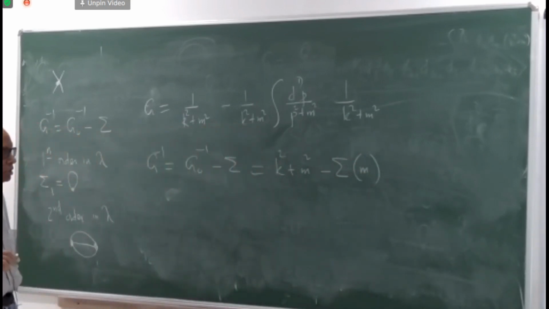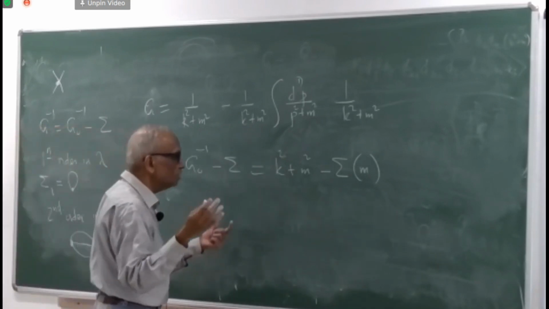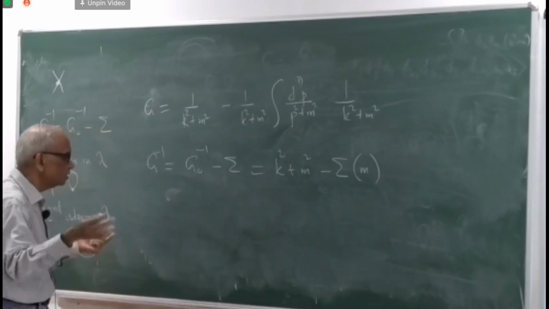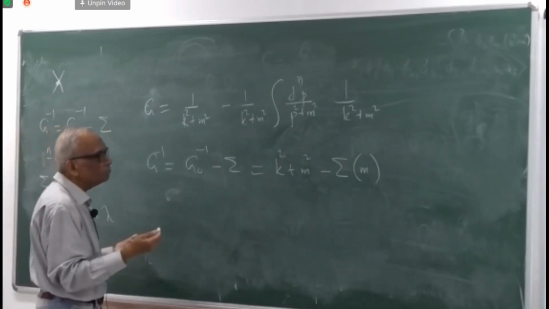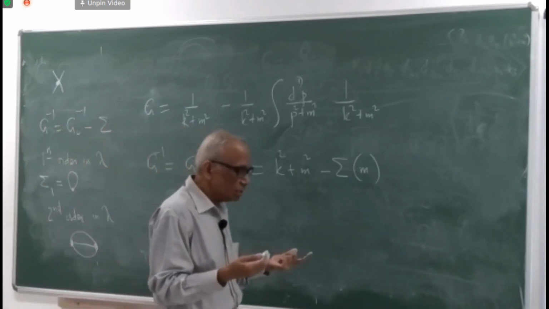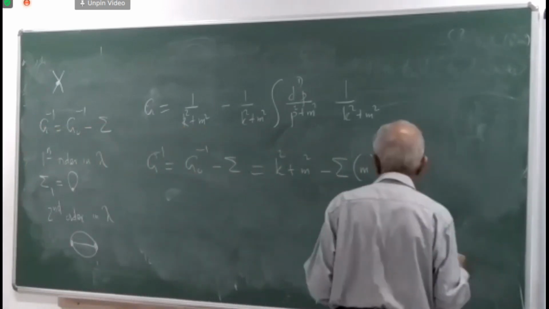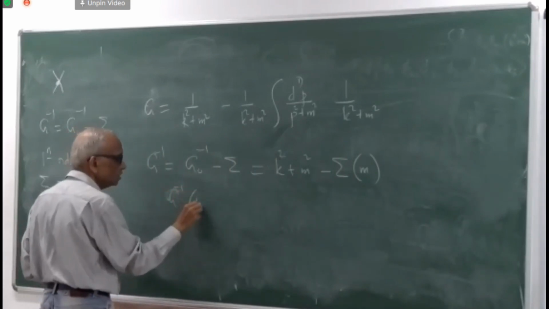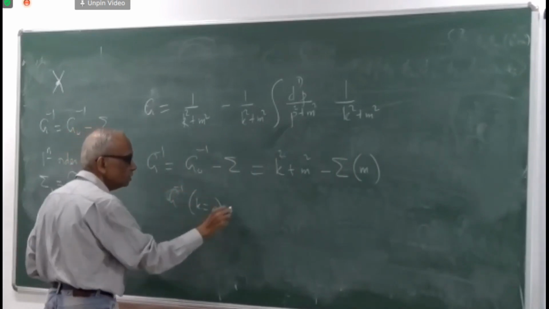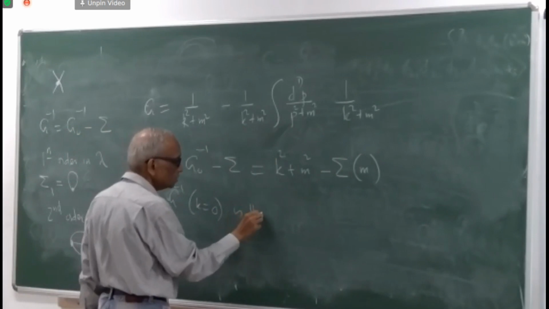So as was when we were doing this, and in response to this question, what am I? If I'm looking at G inverse at k equal to 0, it is the inverse